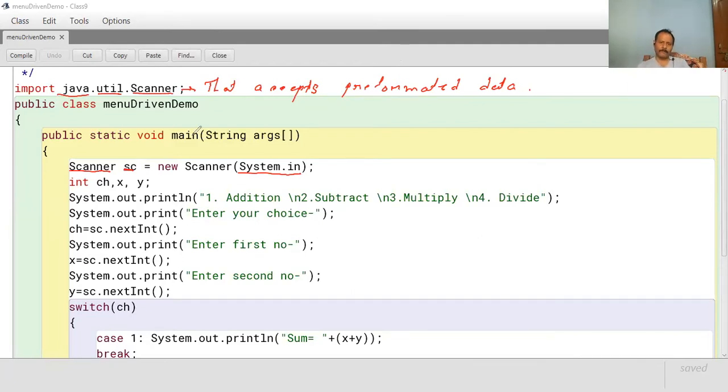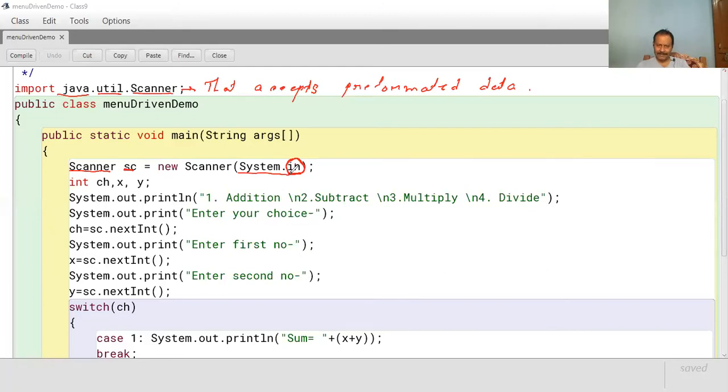Now what is the need of that? In is System.in. This is only responsible for receiving all input.